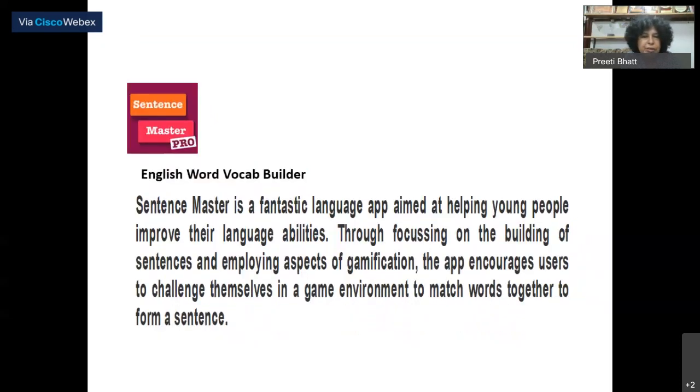Then you have Sentence Master Pro, again a fantastic language app aimed at helping young people improve their language abilities. It focuses on the building of sentences, and using gamification, the app encourages users to challenge themselves in a game environment to match words together to form a sentence. So it helps, a step-by-step kind of learning of English when the students are allowed to create sentences and create correct sentences. So it helps you to improve your construction of sentences and express